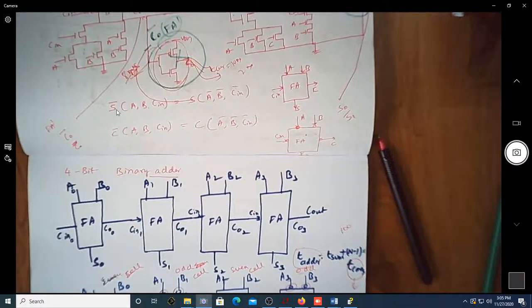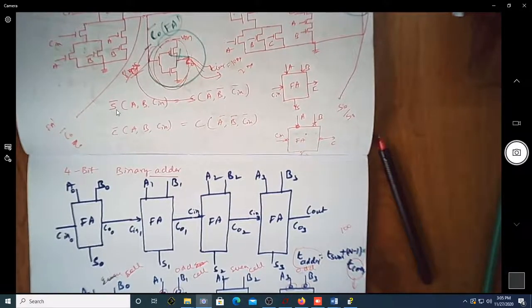If you want a sum bar output, you take the sum output from A bar, B bar, Cin bar inputs, which is true for your carry also. We will see some other types of adder implementation, and how the overall time of the adder can be reduced by reducing the T carry time.